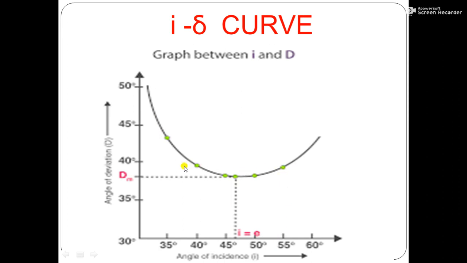Here at 55 degree the angle of deviation is increasing. That means first it decreases, then at a particular point we get the angle of minimum deviation, then from that point the angle of deviation increases. That means only for one angle of incidence will we get the angle of minimum deviation. Before and after there is a decrease and an increase, and it is an experimentally proved case for a prism.